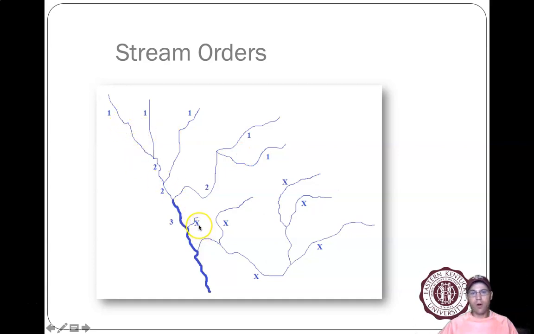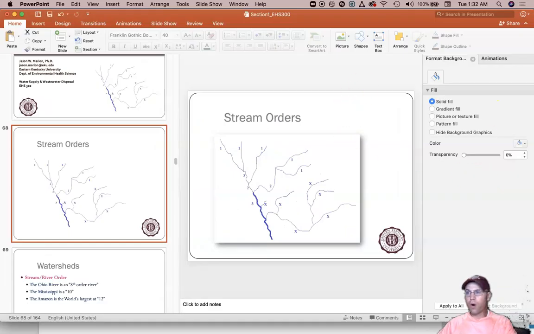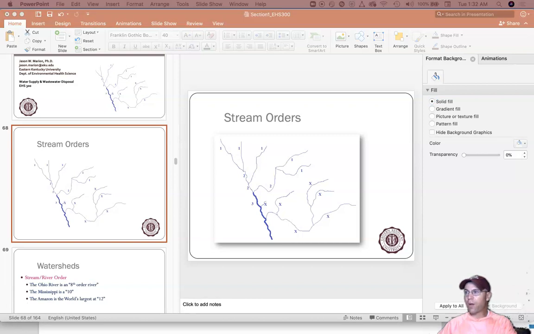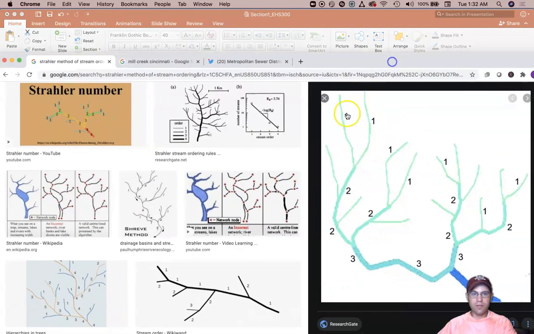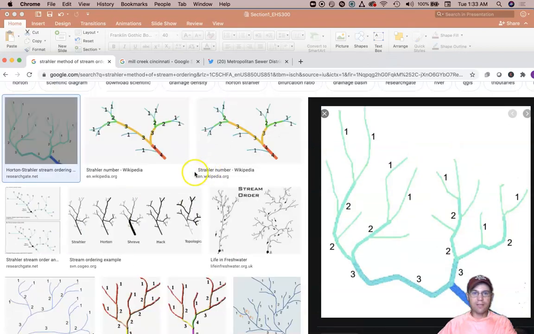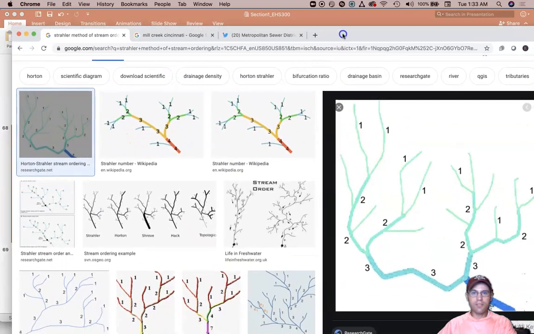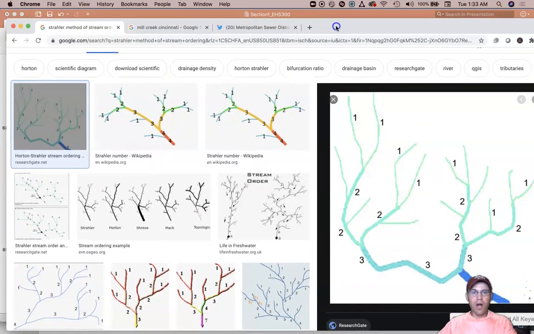So I got this marked here as an X, got that one marked as an X, these two marked as an X, that marked as an X, that one marked as an X, because we're going to do those together. So if you're curious in learning more about how to do stream ordering, I'll pull up just some images here. So this is called the Strahler Method, is the method that we're going to first teach here. Now there are other